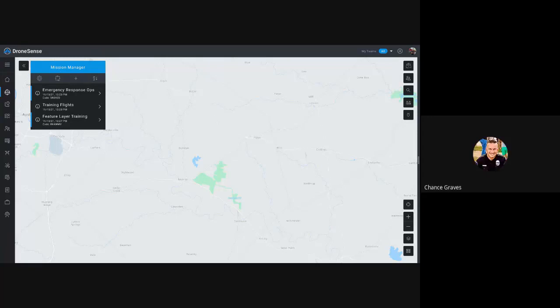Hey, our agency is pretty small. We only have like 20 pilots. So we have an Alpha and Bravo team, and we have 2 lead pilots. So we split them into Alpha and Bravo teams. But we also have a mother team, which is Allen PD. And everybody's on Allen PD, but they're also spread out on our Alpha and Bravo team. Our assistant team leaders can also affect their team. So Alpha team, assistant leader, and then our coordinator and our 2 lead pilots can do everything on any of